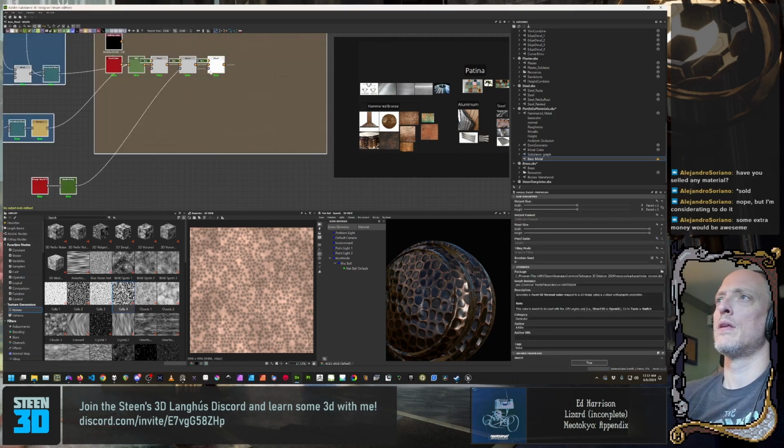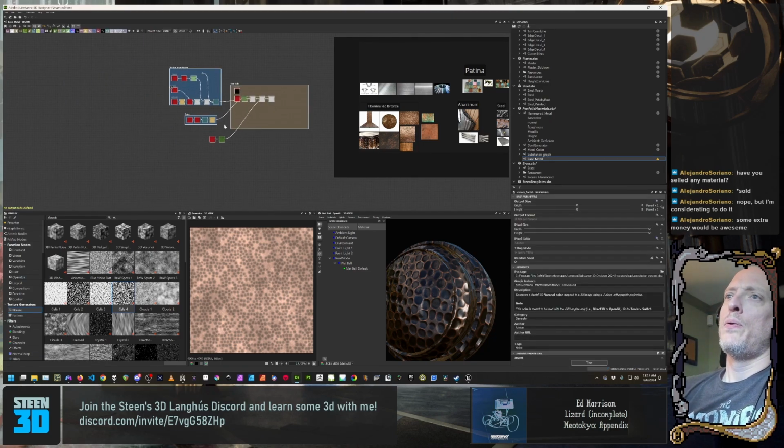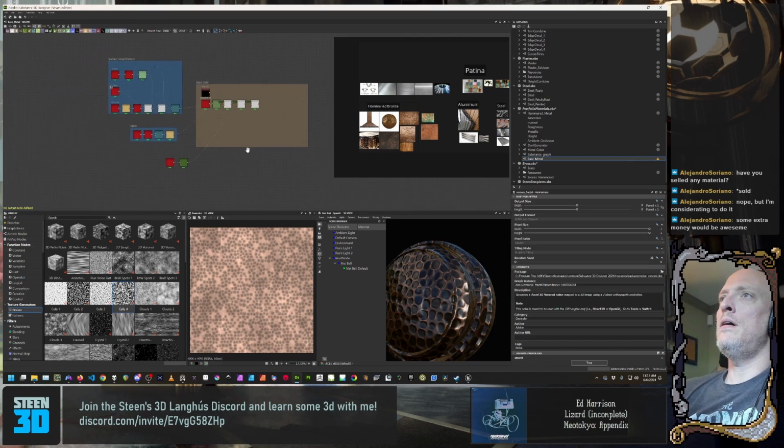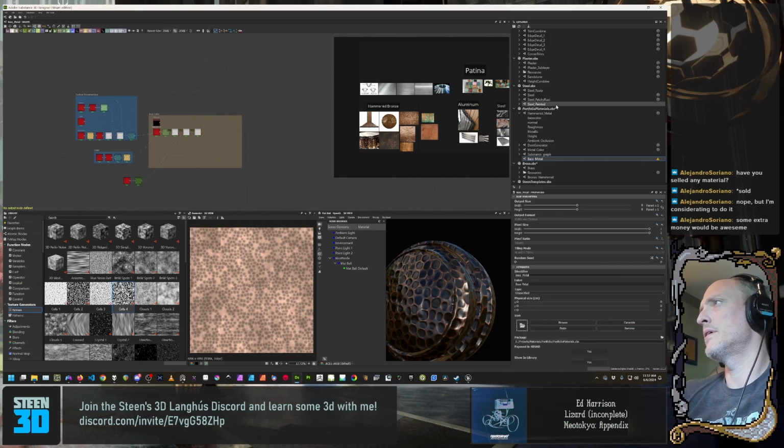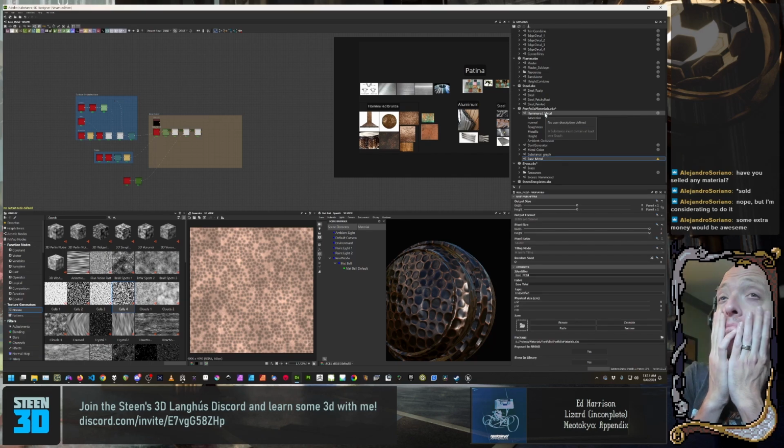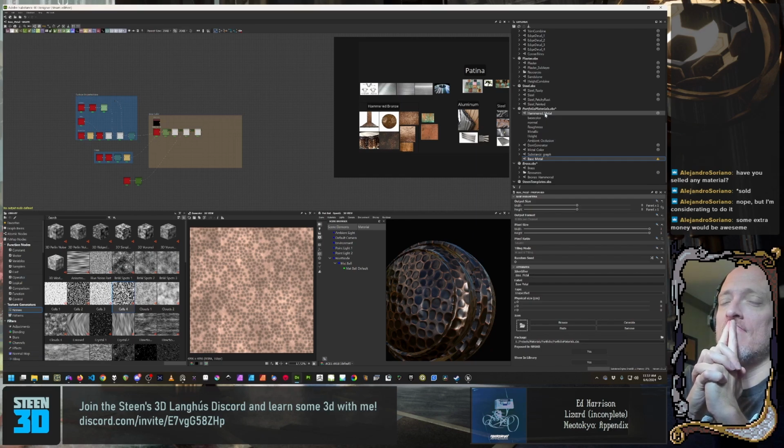Paste. No output node, right. Okay, so I need a preview node in here. Now I can output